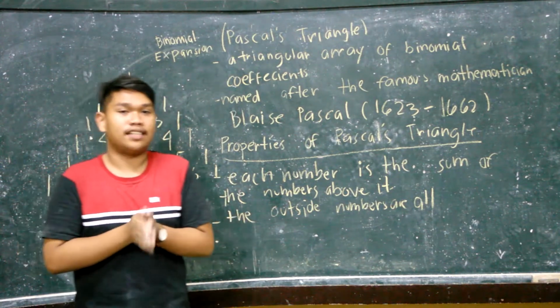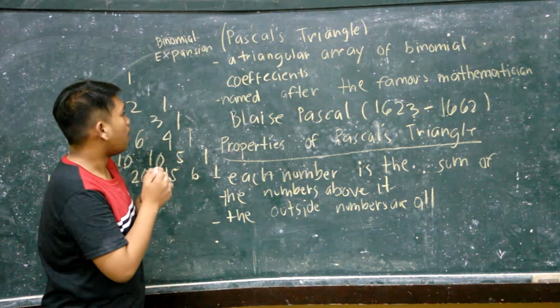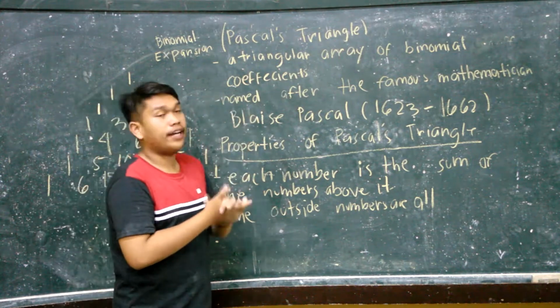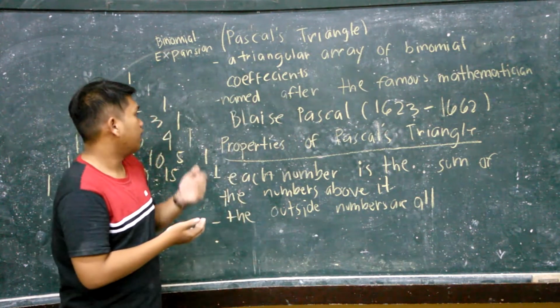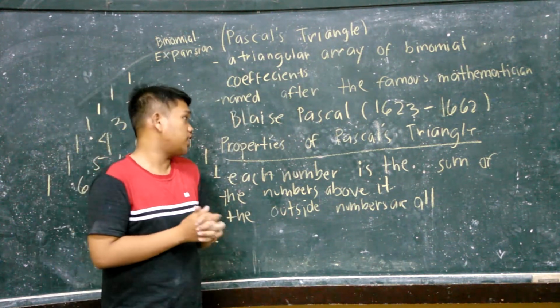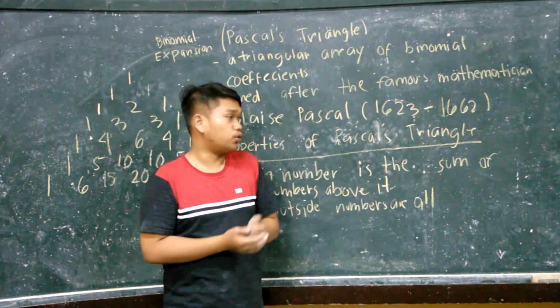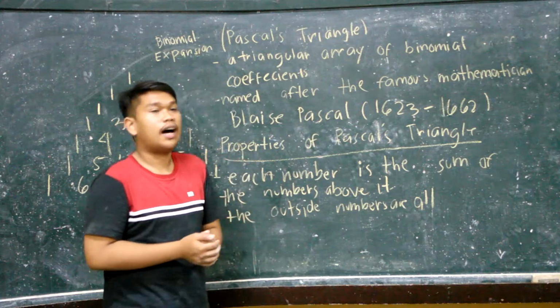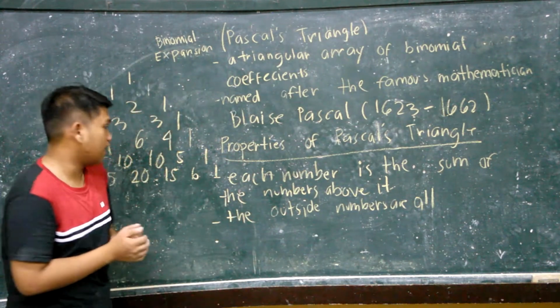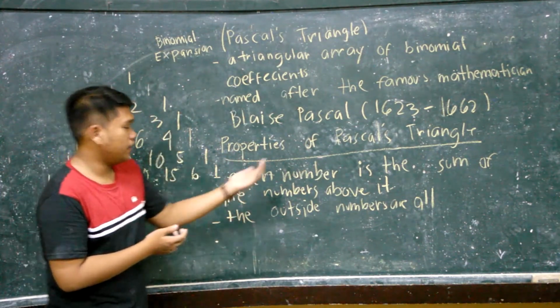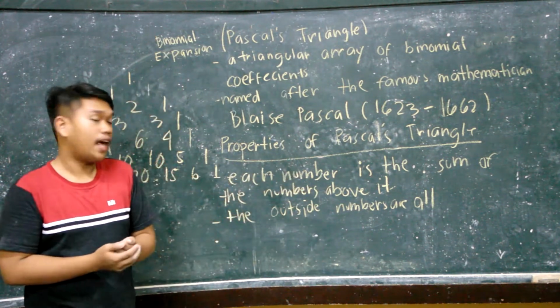The next topic we are going to tackle is all about binomial expansion using Pascal's triangle. So what is Pascal's triangle? It is a triangular array of binomial coefficients named after the famous mathematician Blaise Pascal, who lived from 1623 to 1662. The properties of Pascal's triangle are that each number is the sum of the numbers above it,